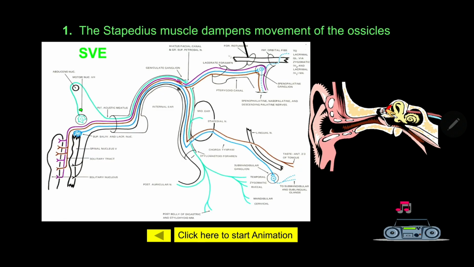Now in this diagram, you are seeing the innervation of the stapedius muscle, which dampens movements of the ear ossicles. This is like a music player, and how the music reaches the ear. Then the afferent limb is stimulated, and then the efferents bring the stimulus through this efferent pathway, and the oscillations of the stapes are controlled by the stapedius muscle. So this is about the special visceral efferent pathway.